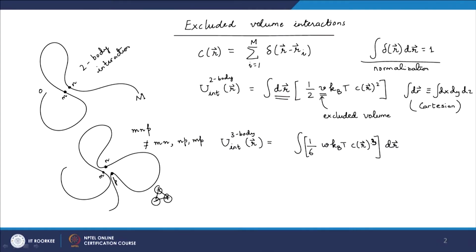And then in place of 2, which was for double counting of pairs, we have 6, that is all possible combinations of three segments. Essentially it is 3 factorial, and then we get a new parameter w, and we will talk about that in a moment. So, essentially then if I account for both of these, then we get